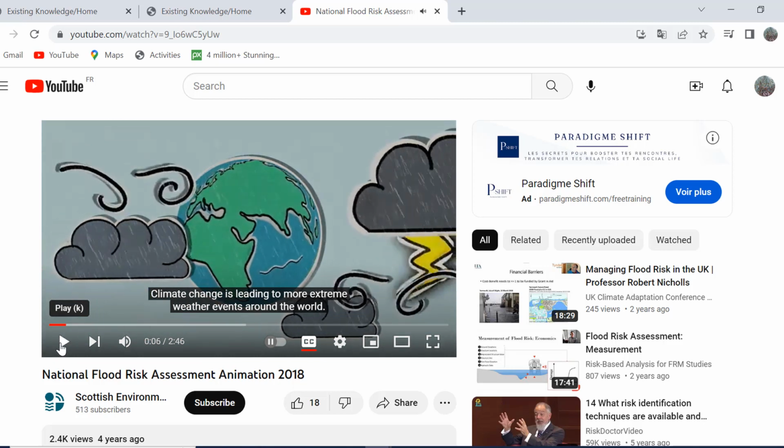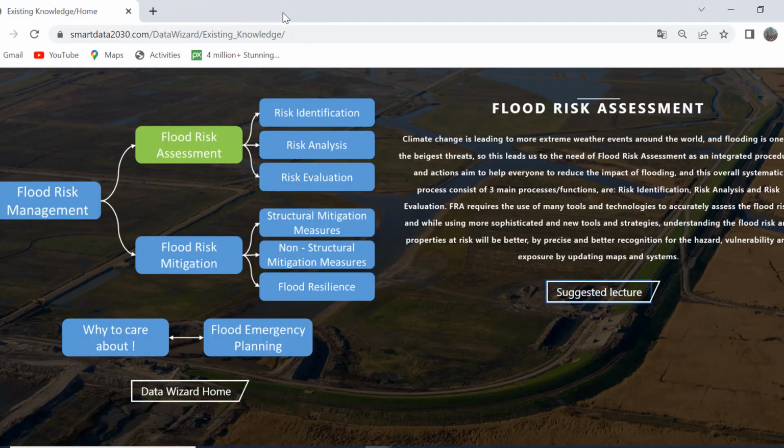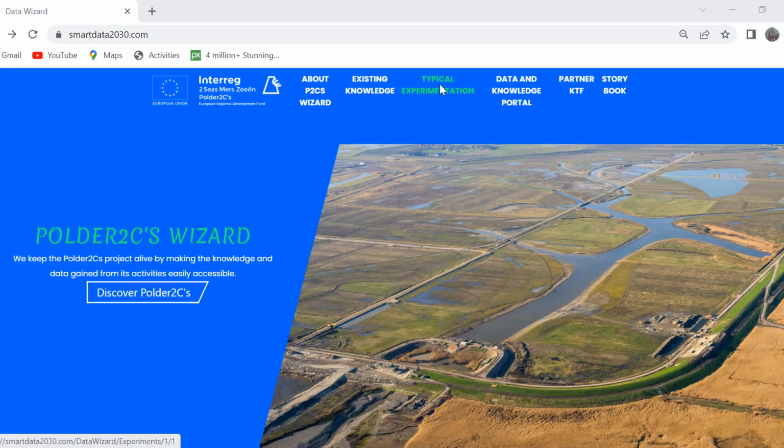We can stop the video and close the window in order to go back to the main page of the data wizard. Now we can start with the second topic, typical experimentation. In the typical experimentation, we can see one of the important experimentations that has been realized on the dike in